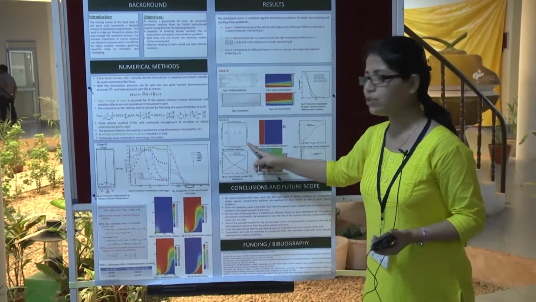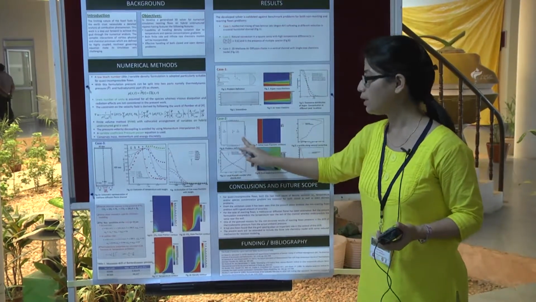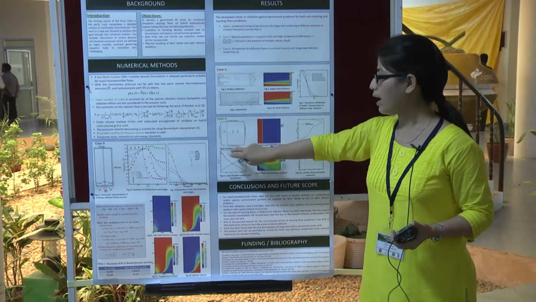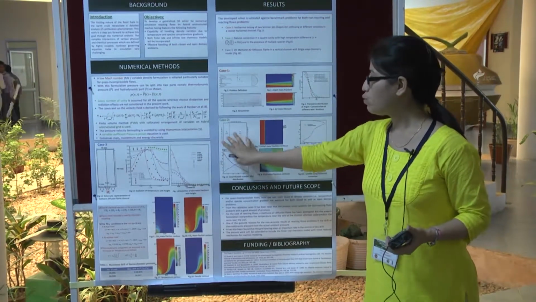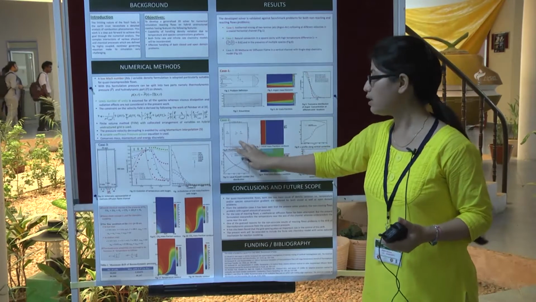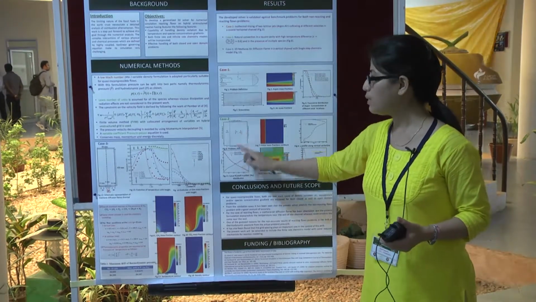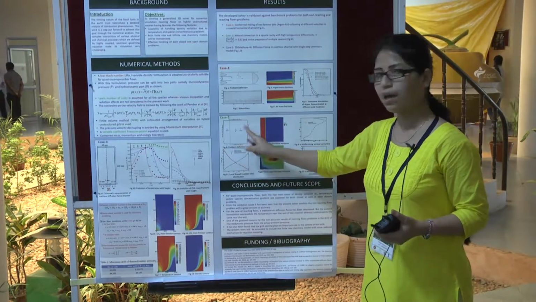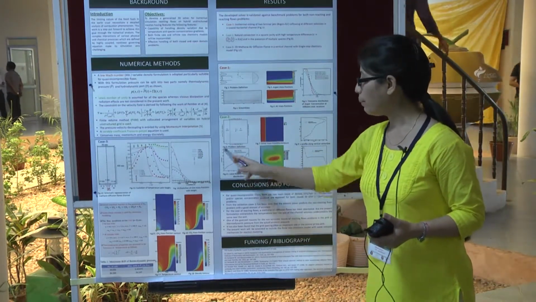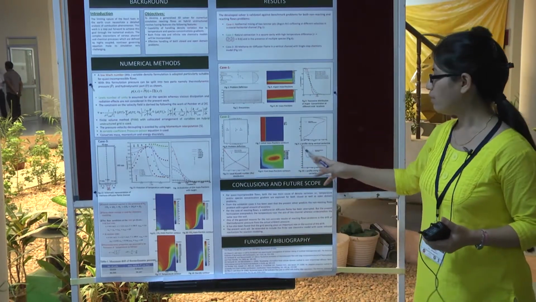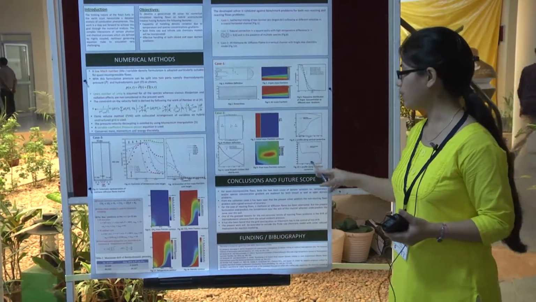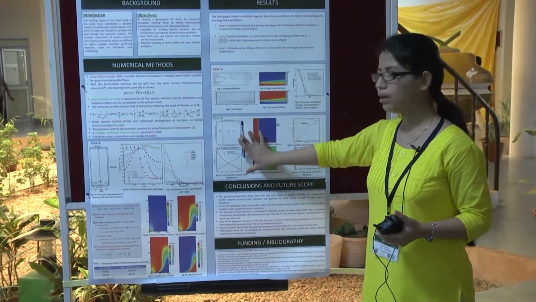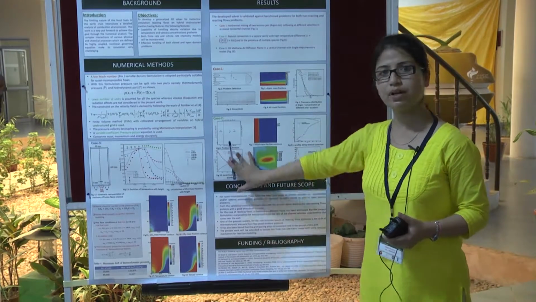The second problem is the natural convection thermobaric flows with high temperature gradient. This is the hot wall, this is the cold wall, with the presence of two species. At steady state, the composition of these two species will be such that it represents the composition of air. That means it is exactly natural convection with air flowing inside the domain. We have compared the results, the Nusselt number as well as the velocity profiles at the central edge, and we have got a good match. That means our solver can handle the combined effect of both temperature variation as well as concentration variation.